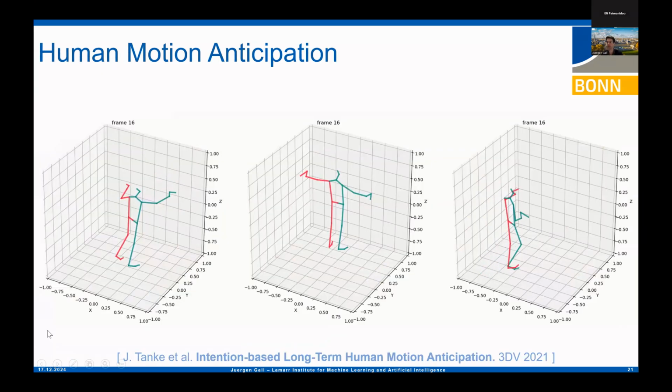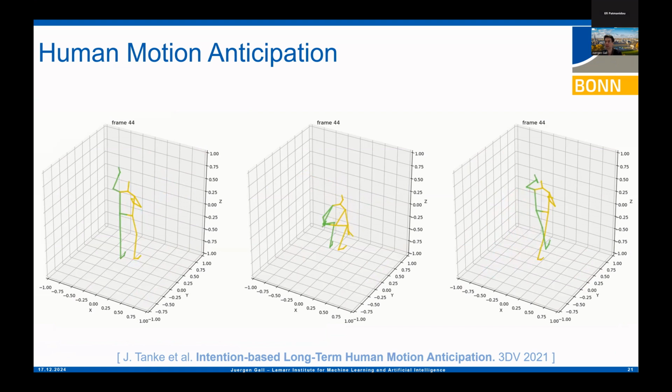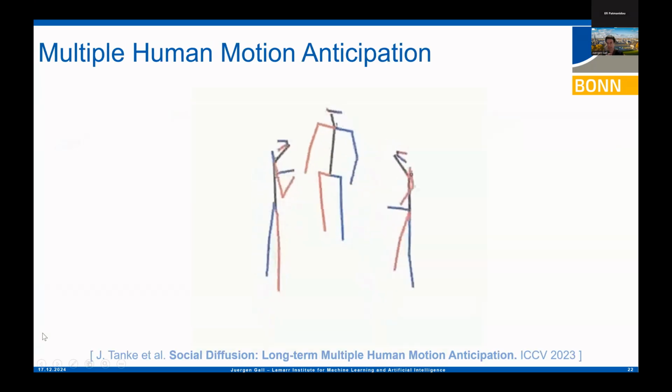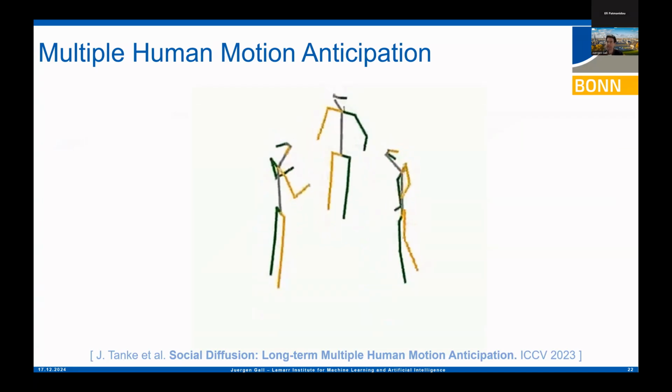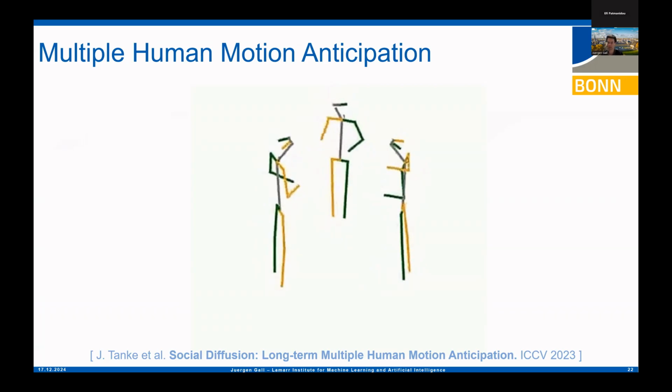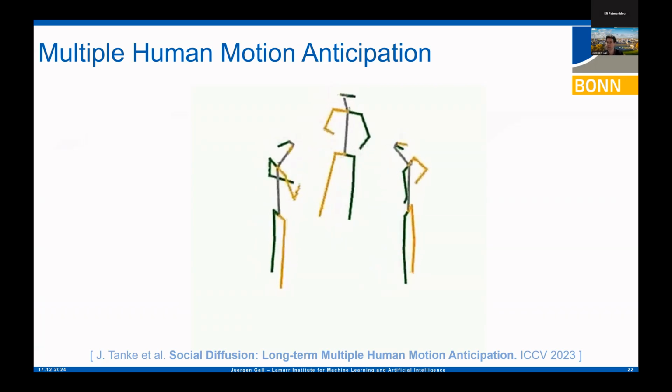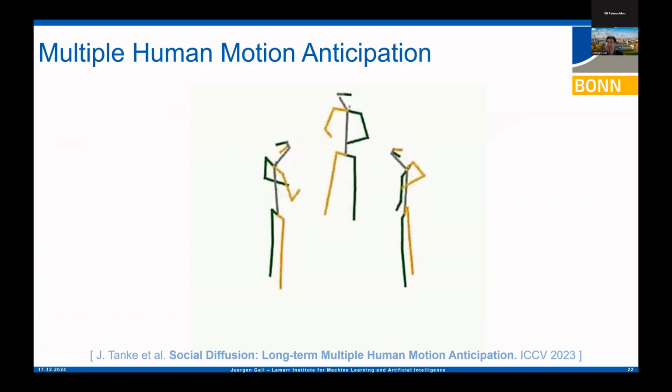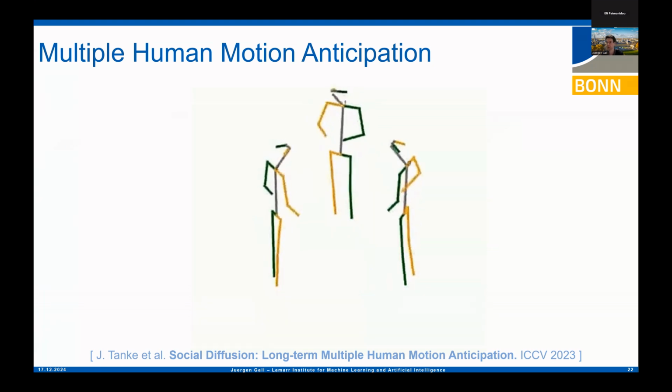And the other task of forecasting is where you want to forecast the human motion. So we see the dark color is the observations, and when the video changes to the bright colors, yellow and bright green, those are the future actions. One example is partly interesting if you have multiple persons interacting with each other, because in most cases, when we have interactions, be it robot and humans or humans and humans, there is a lot of social interaction happening between the persons. And this is exactly what you also want to model when you do the forecasting: not predicting the motion of a single person, but predicting the motion of multiple persons at the same time.